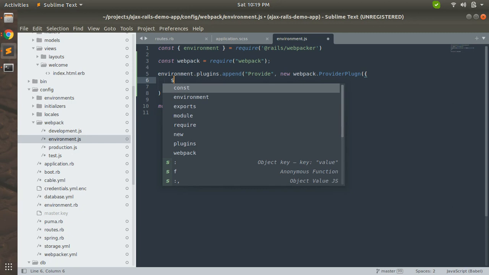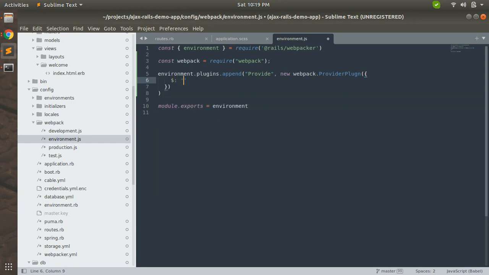Then you need to add $: 'jquery', and then add